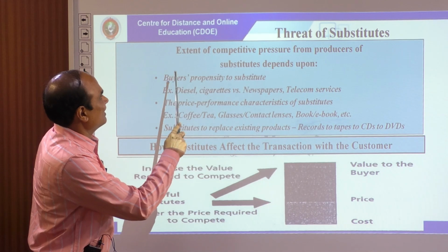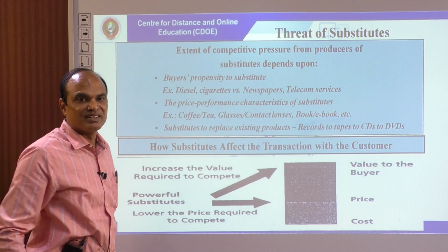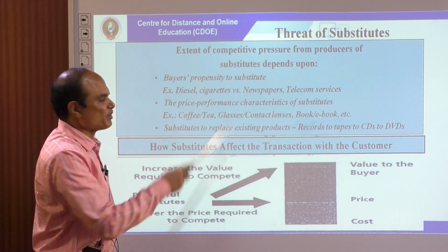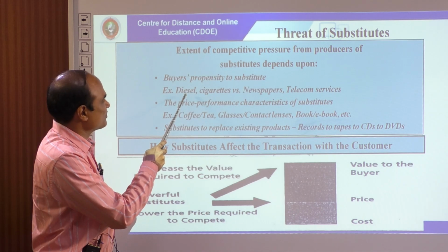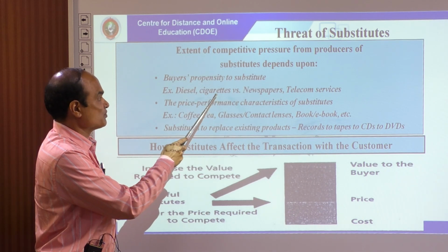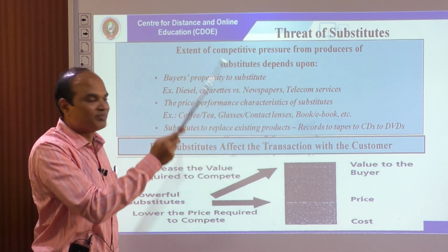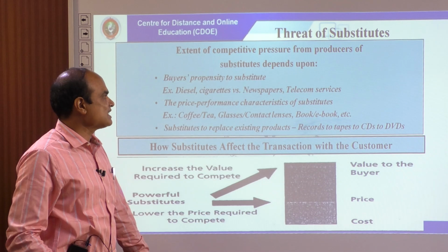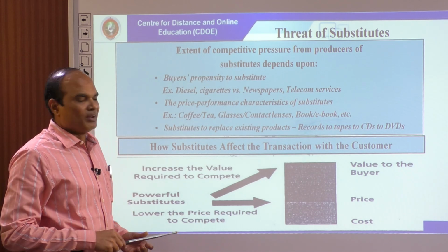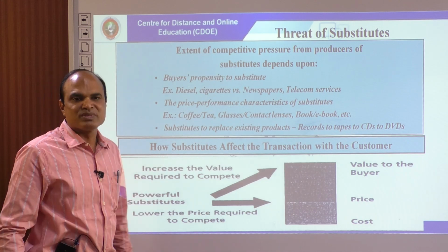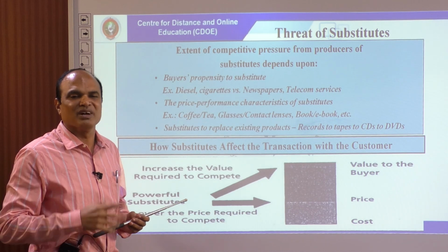So the extent of competitive pressure from producers of substitutes depends on the buyer's propensity to substitute. In one case it is not possible to substitute, and here it is possible, but the buyer will not substitute. The second one is the price performance characteristics of substitutes. So if coffee becomes expensive, people will easily switch over to tea, because it is a hot beverage,